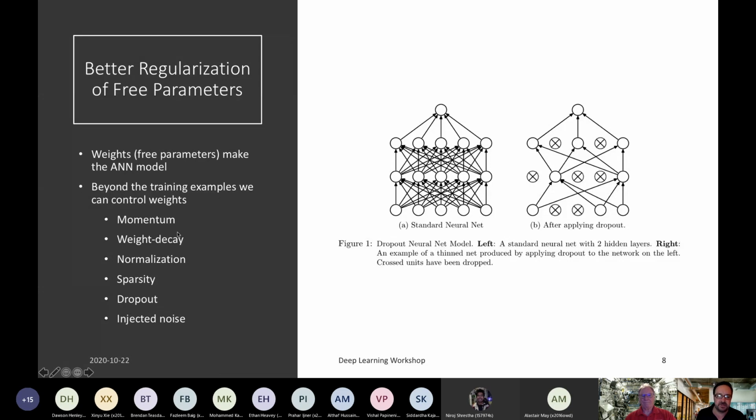So for example, here we're talking about normalization, weight decay, momentum. Danny has mentioned many of these are featured in Keras, but we'll also see the dropout layer. This is an important one that appears in lots of networks, and something you can think about when you're not getting the right kind of generalization, when it's overfitting. Think about a dropout layer.